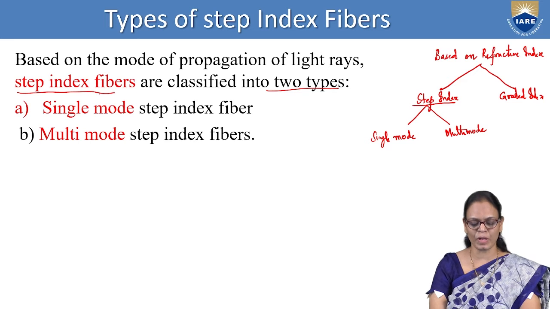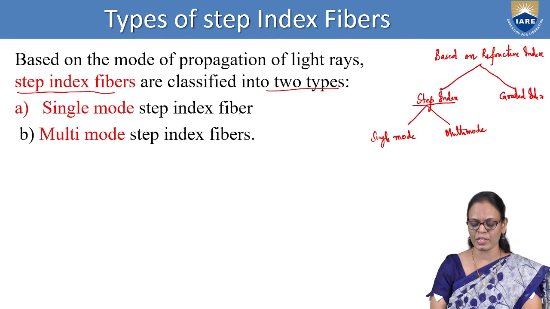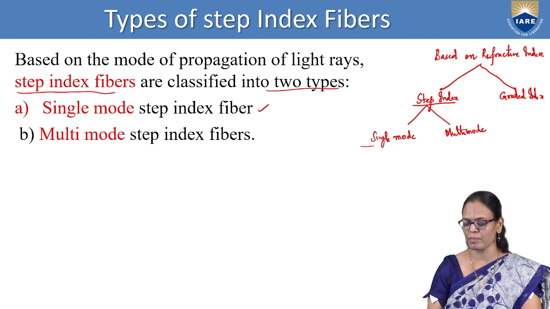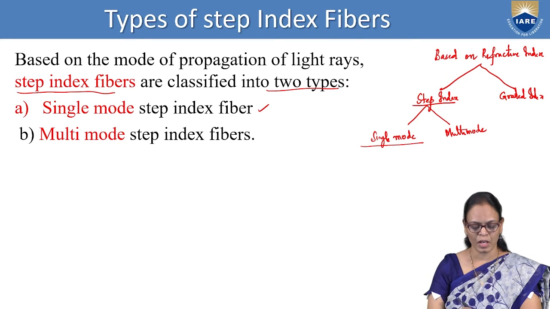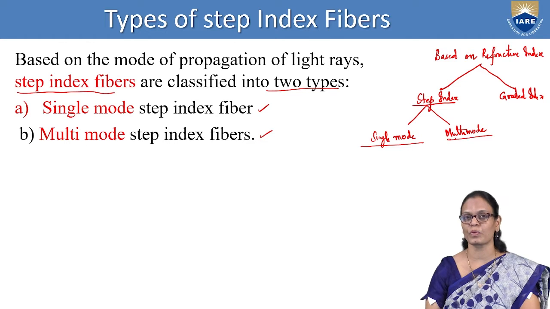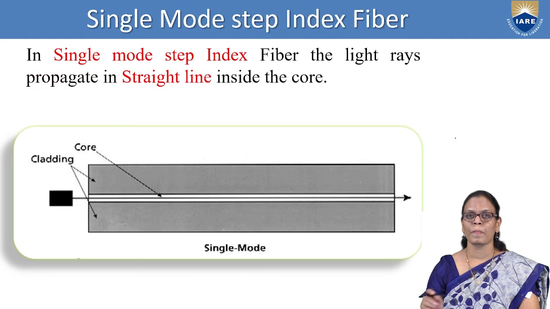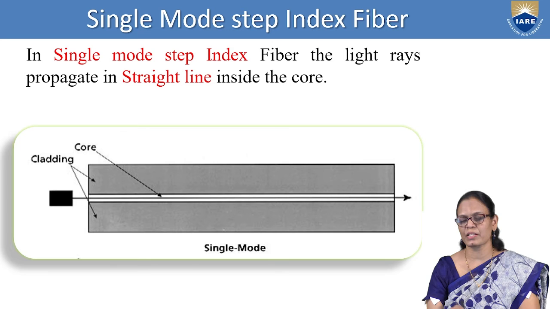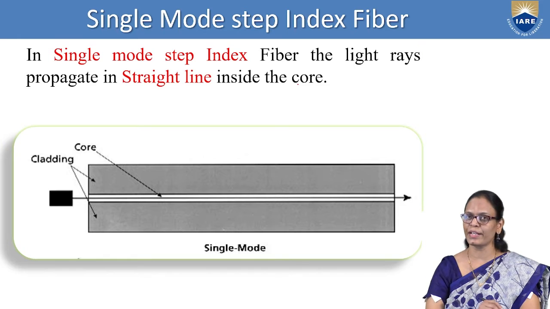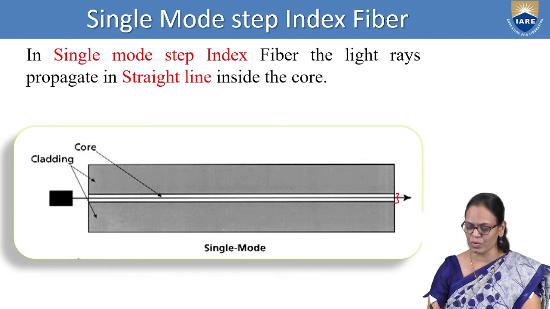Again, in step index fiber, we have single mode step index fiber. This is the single mode under step index. And then we also have the multimode step index fiber. So this is multimode. In single mode step index fiber, the light rays propagate in a straight line inside the core. What we have already discussed in single mode, the same thing we are seeing here. So this is a step index fiber, and in it we have the core